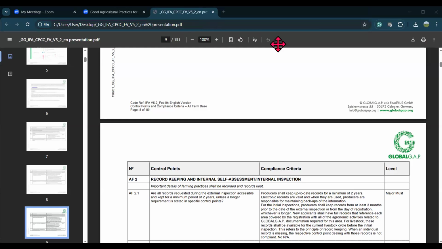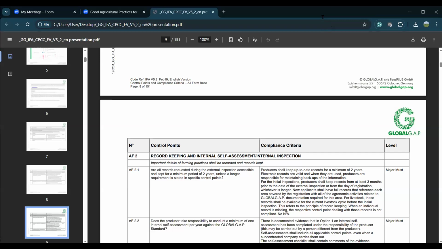Yeah, sorry. So one of the other things, this is all farm based, is record keeping and internal assessment. Now I said that this document that we are seeing here is supposed to be an internal assessment. It can be used for internal assessment and also for external assessment. What this means is that before anything happens, we're expected to have done our own assessment, to have seen if you have all your records kept, all your documents right, if you've done all the things that you're supposed to do on the farm, before you begin to engage someone external to come and validate